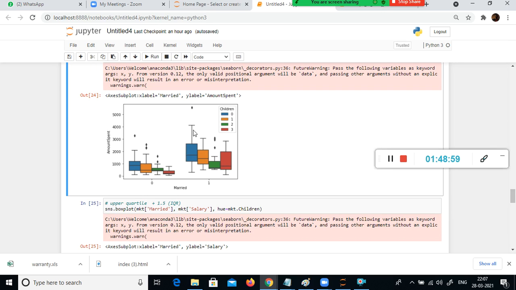If you look at it nowadays, most of the married people, both of them are working. The couples are working, their income is more, and at the same time, if they don't have any issues, they don't mind spending more, right? They spend more initially, in the first year. After marriage, they have a kid, and then there are hospital expenses. Every one or two months they have to vaccinate the kid, they take the kid to the hospital, and the expenses will go high. So